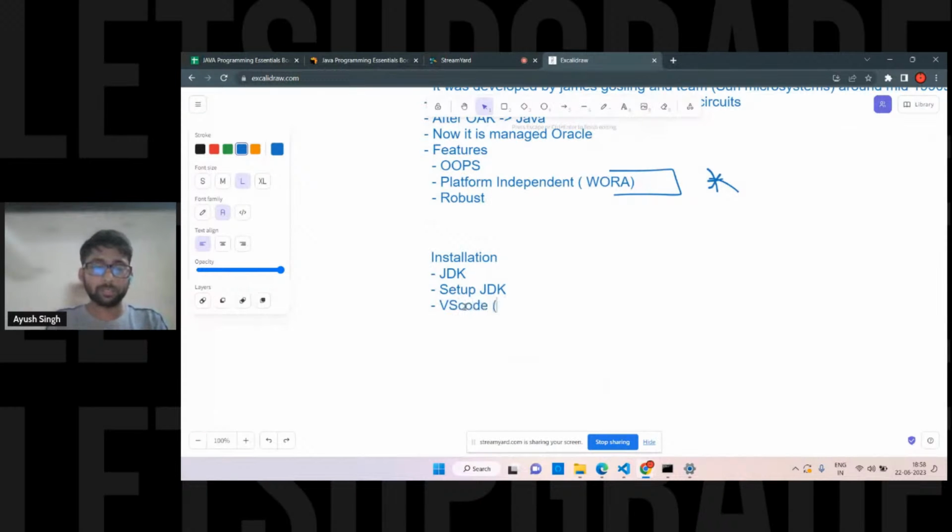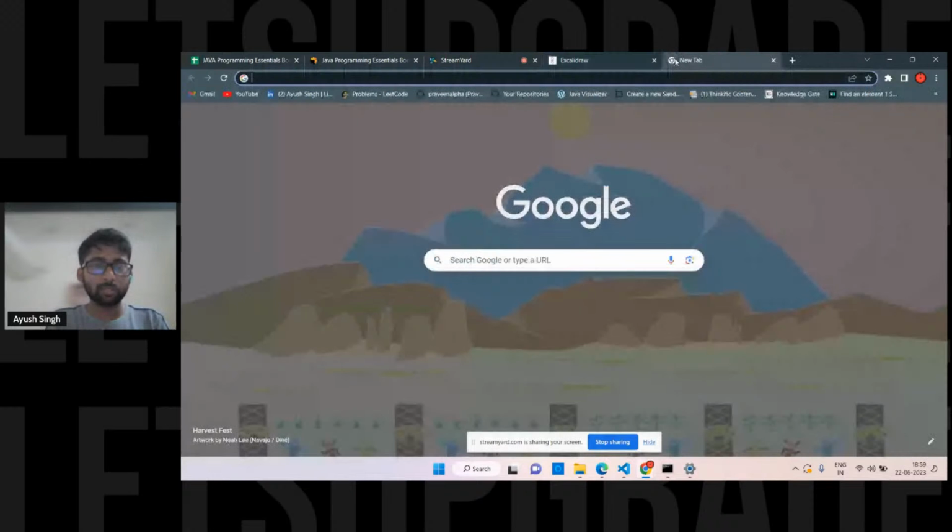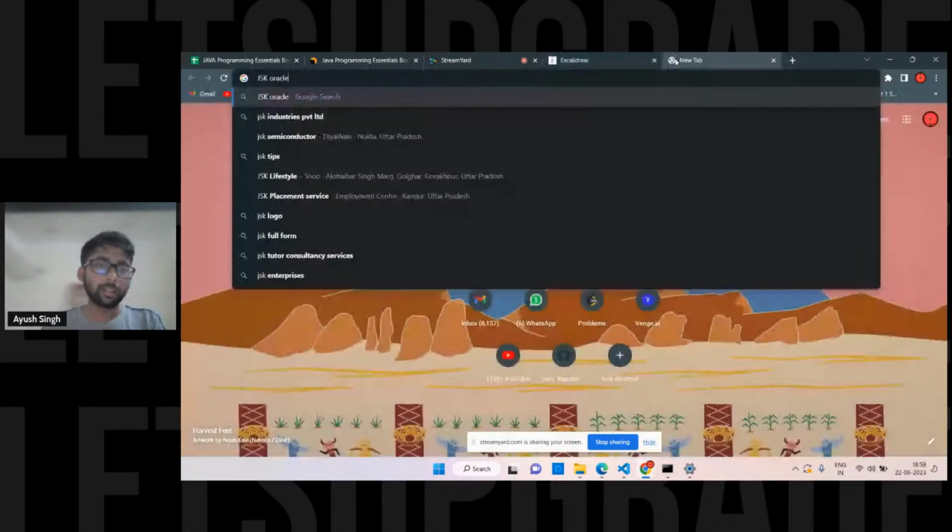and afterwards we are going to install VS Code. This is also easy. I'll tell you the simple steps you have to follow. First, for the JDK, just go on the site, search for JDK, and type Oracle. You'll see the first link, download Oracle India. Click on this one. This is quite simple, nothing complex in here. You first install the JDK, and afterwards we are going to install VS Code.